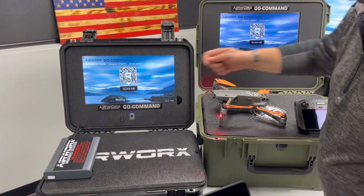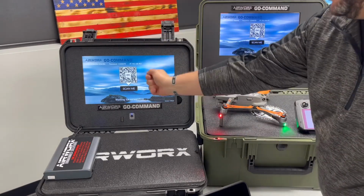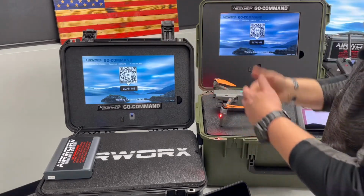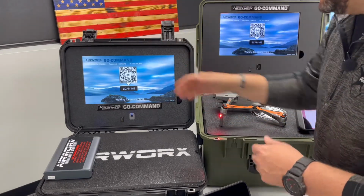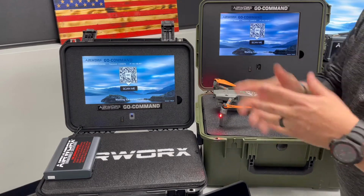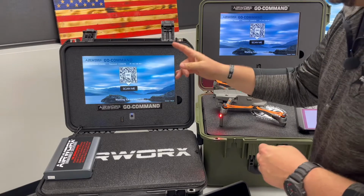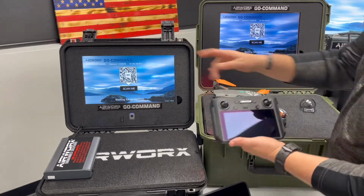You also see there's a QR code, so you can take out your iPhone or your Android phone and scan this in picture mode. It will give you the link to the website that'll host this video, and it walks you through how to set up and how to do the same thing and to show you this video that we're watching today. So real quickly, we want to show you how to connect a DJI smart controller to any of